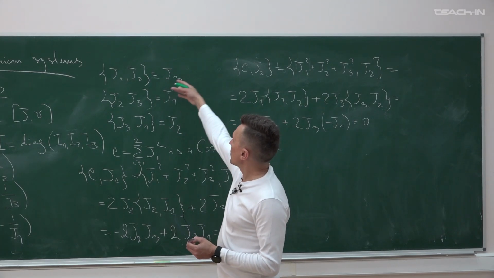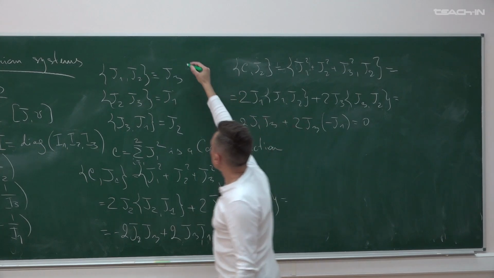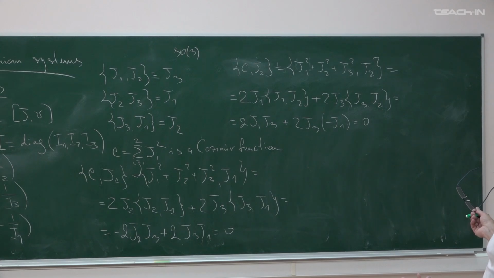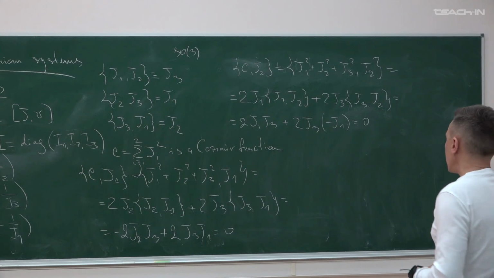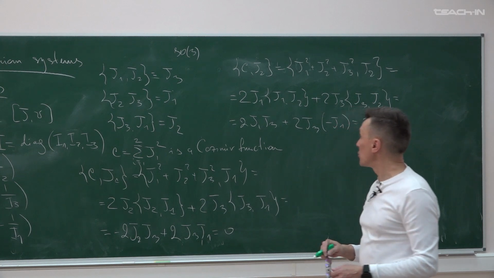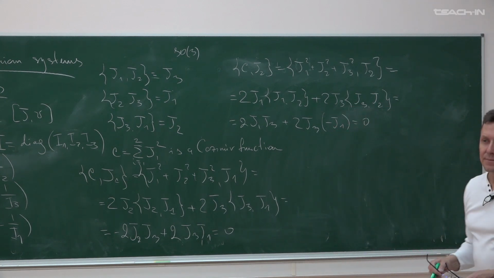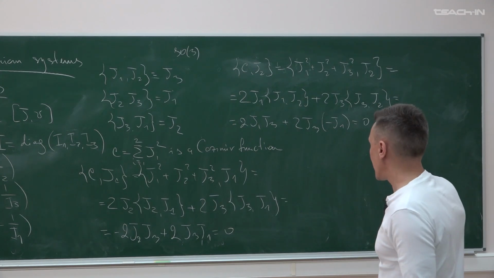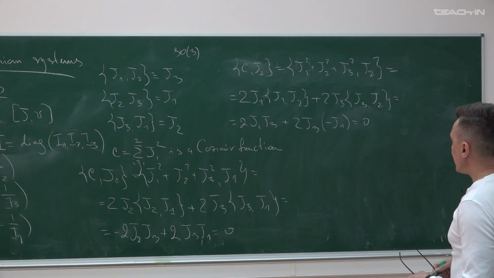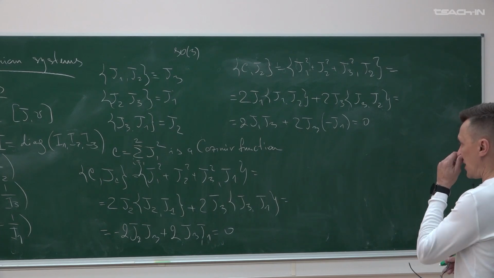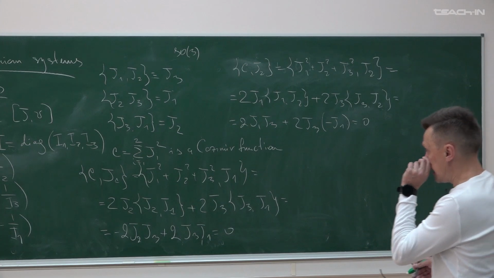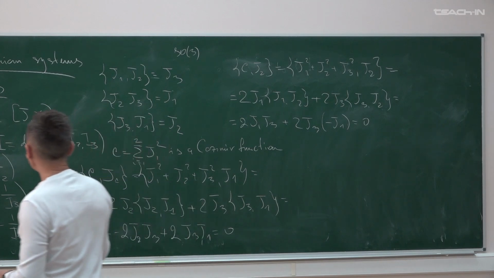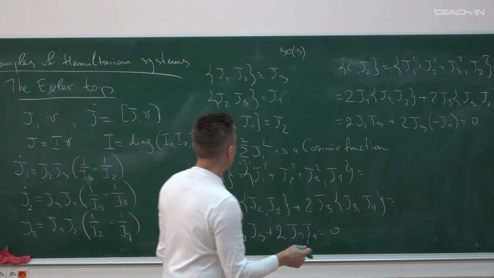So this J1, J2, J3 are generators of the algebra SO3, and this Casimir function is something like the length, which is preserved by orthogonal rotations. So that's why it is an integral, a Casimir function, but it could be verified directly. Okay, and in this case, you see, we have a three-dimensional space and one integral,